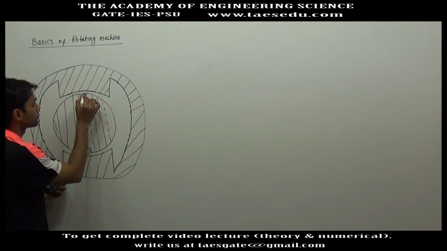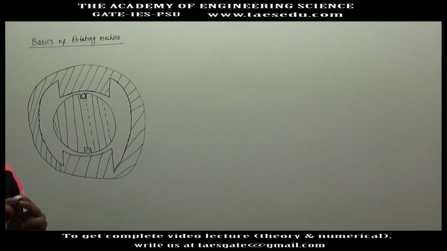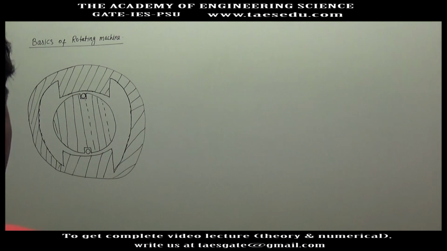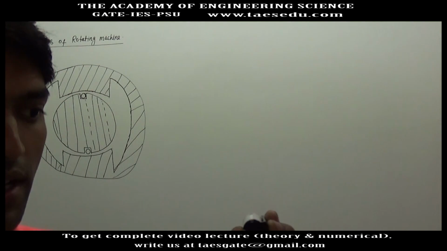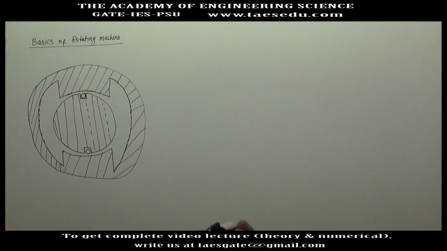What is this? This is a slot on the cylinder. Suppose this is a cylinder and this is a slot. In this slot, a turn of winding can be housed. So if you see from the front, a hollow part will be seen. So this is a slot, as you can see in this cap.